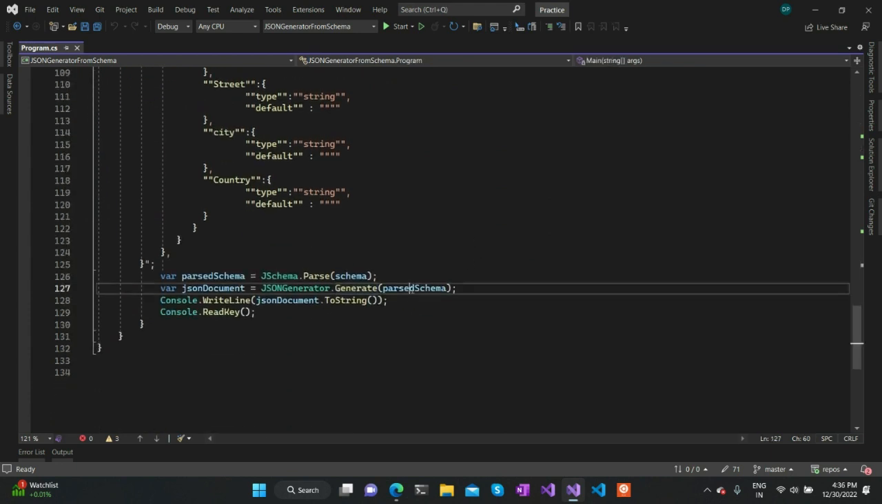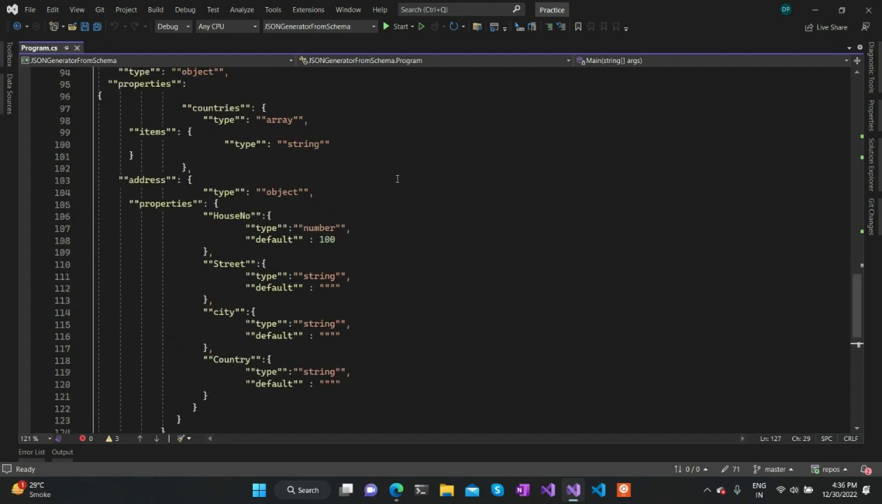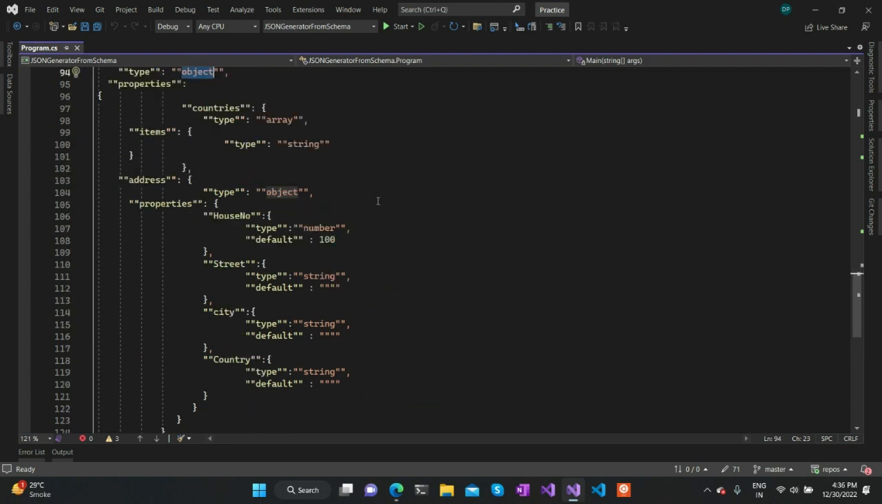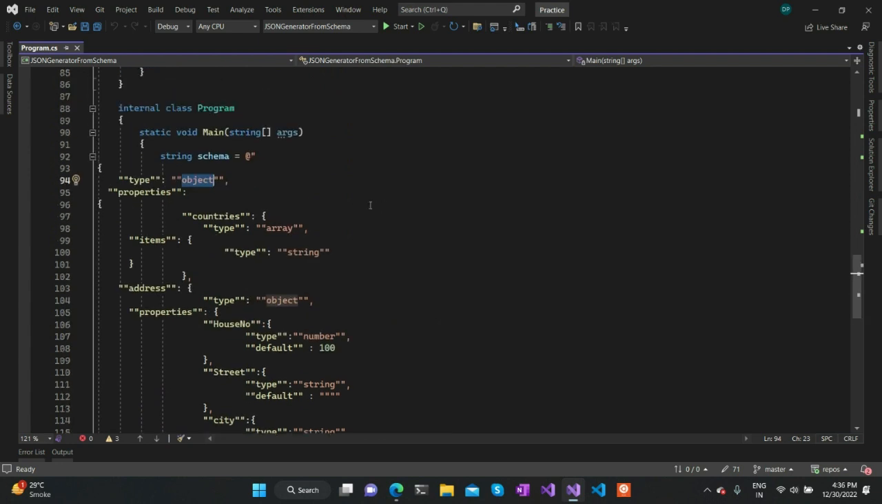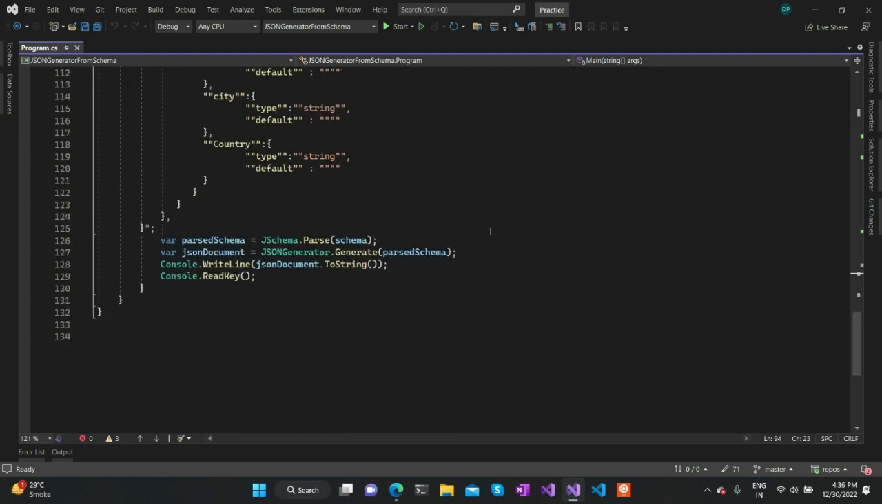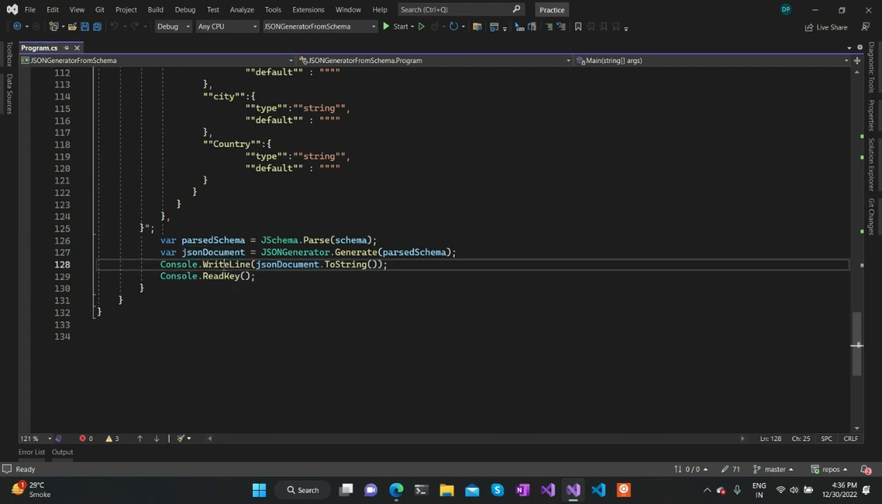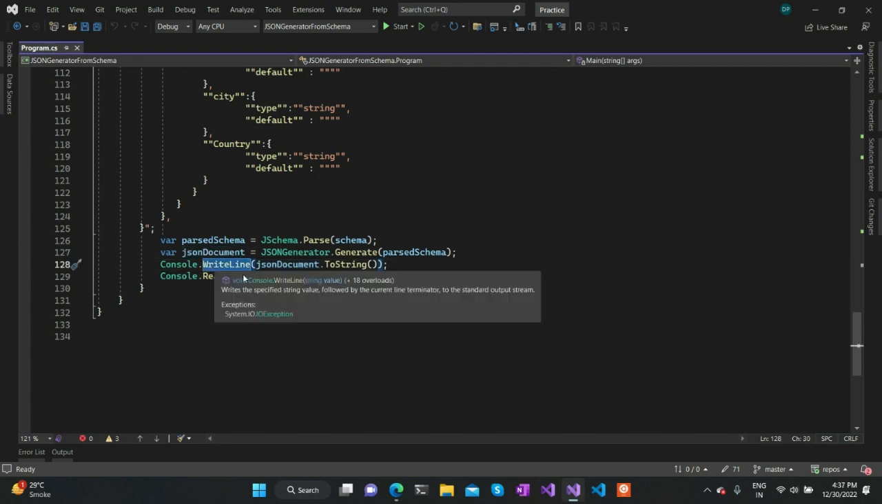And then once we get that, what we get is a JObject. Whatever we get is a JToken. That will be a JObject or a JArray depending upon the root type. If the root type is an object, like in our case the root type is an object, so we will get a JObject. If the root type is an array, we will get a JArray. Therefore, we will get that JToken here, and I'm converting it into a string representation, and that's what I'm printing